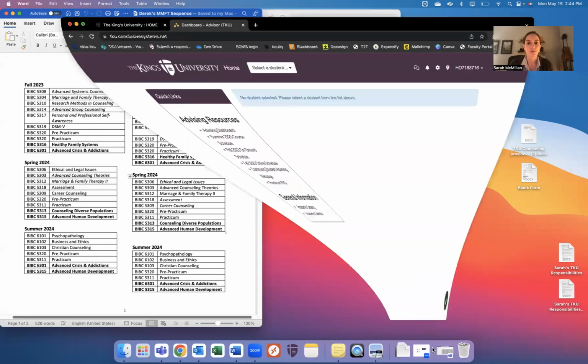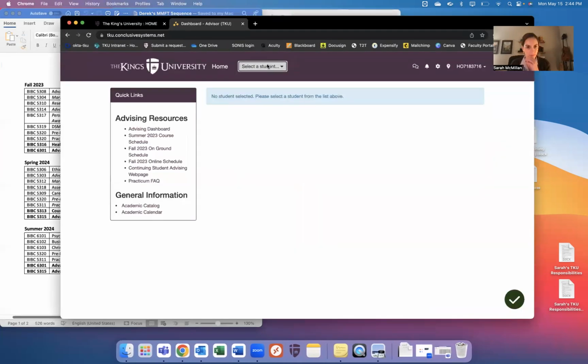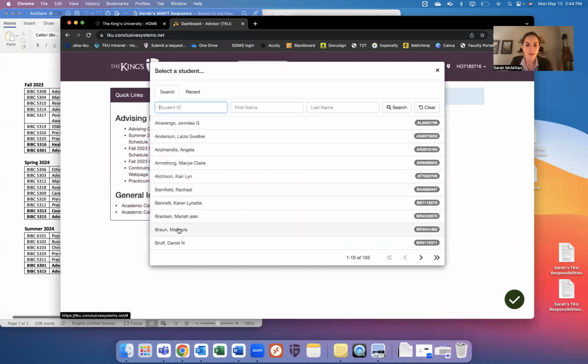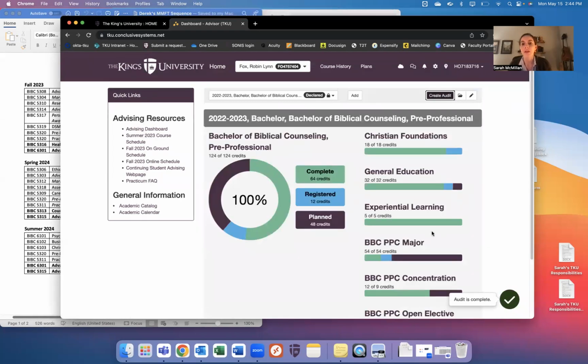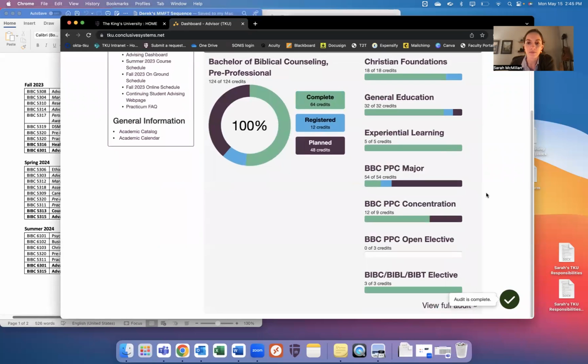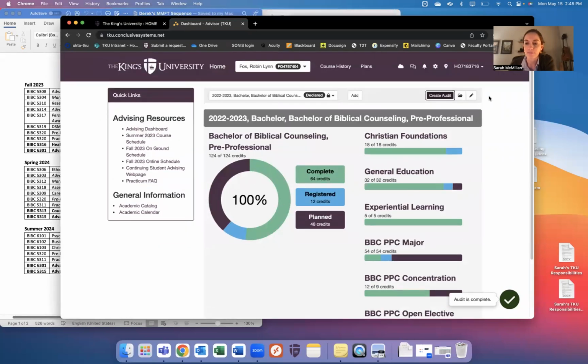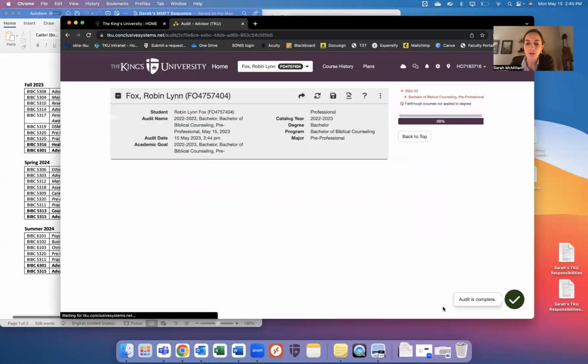And I'm going to go to Conclusive Advisor with the student. So let's just pick a random student. This is Dr. Hoover's. Let's go with, I'm trying to think of who's not too far along. Let's try Robin Fox. I don't know where she's at. Oh, she's all the way through. So we have a lot planned already, but this is kind of the first glimpse of their whole journey, which is awesome. You can go down to view full audit